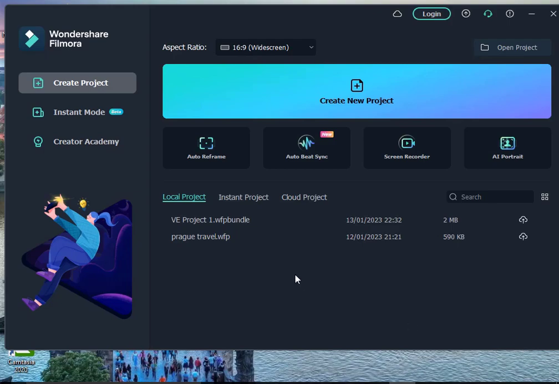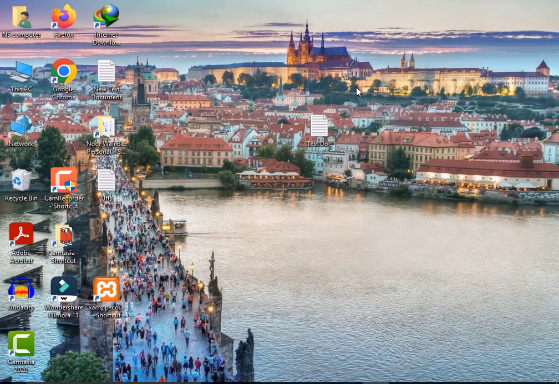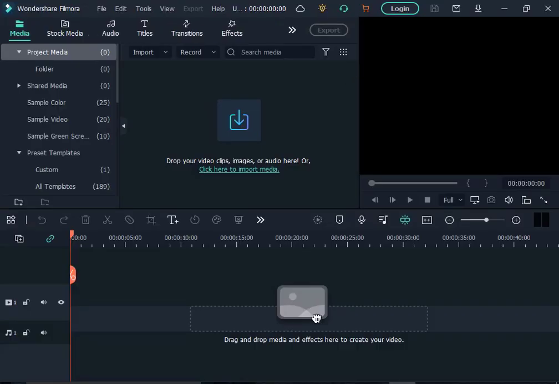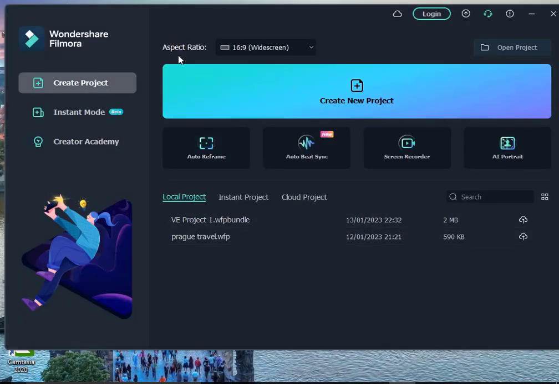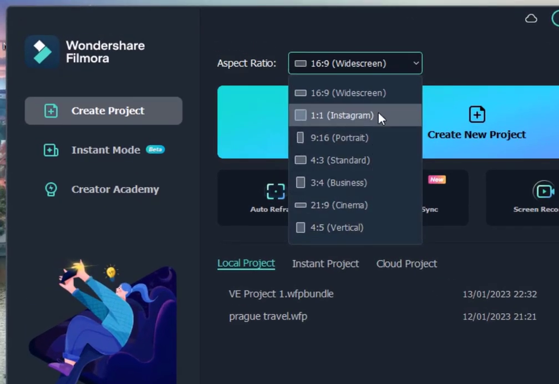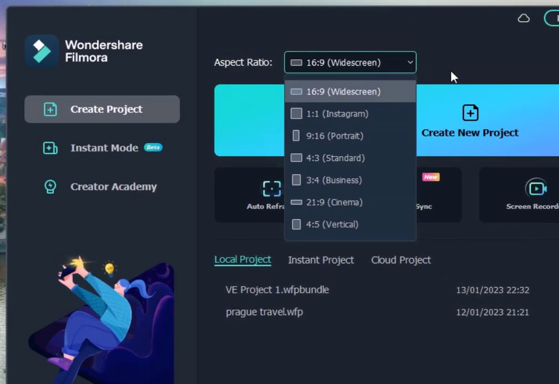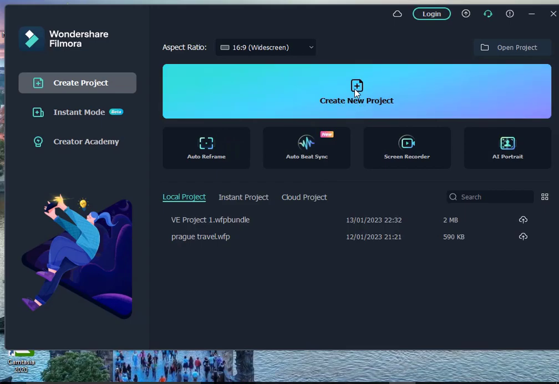In this video we talk about the project setting. So open your Filmora and click on create new project. First close it, and from here you can also change your aspect ratio and project setting, one by one. And if you have not set it from there, then click on create new project,